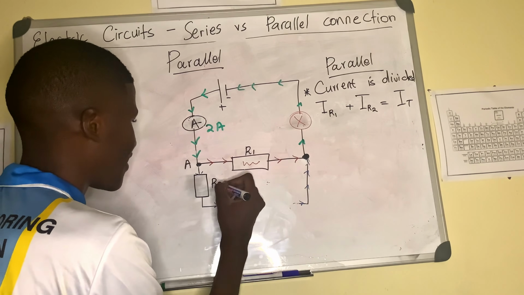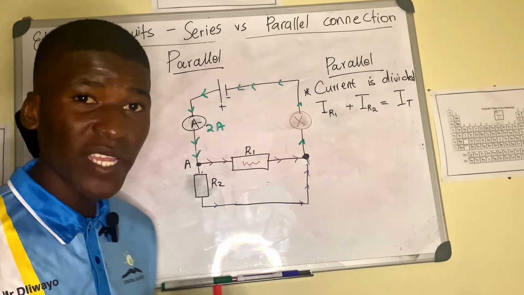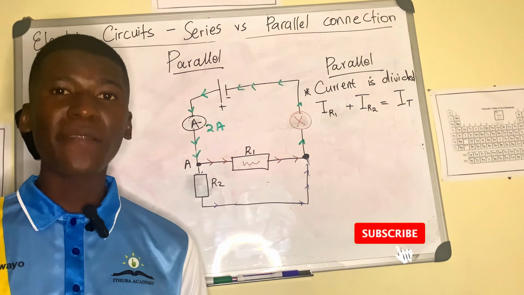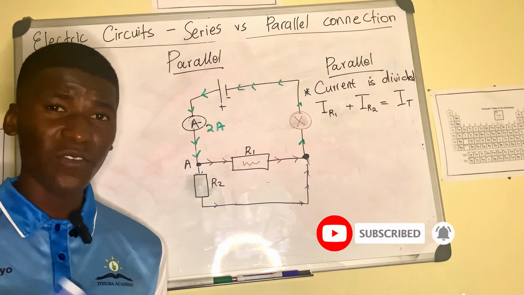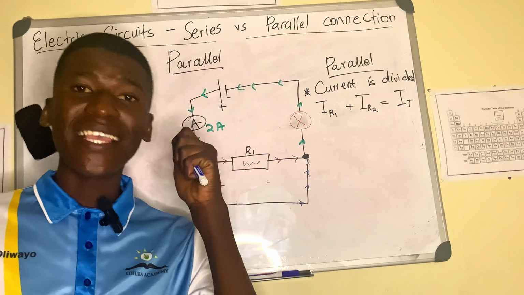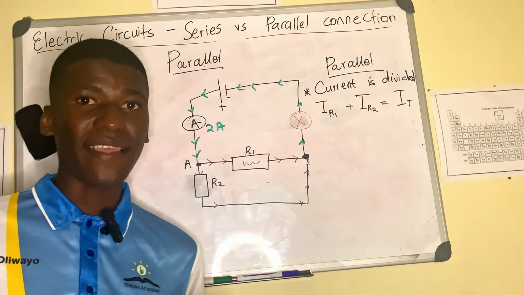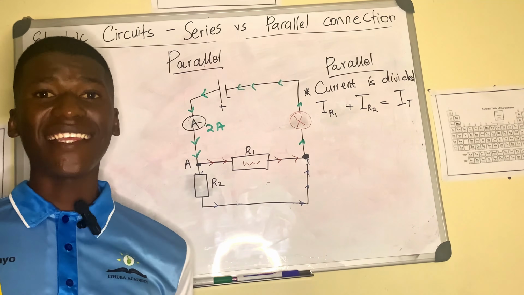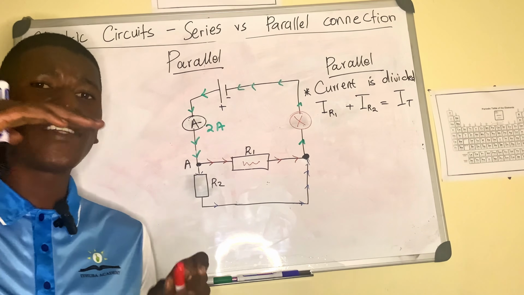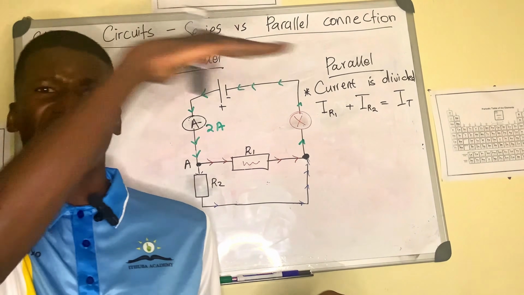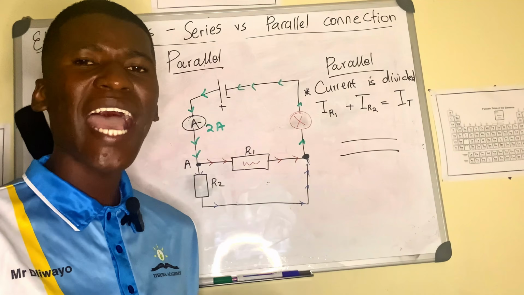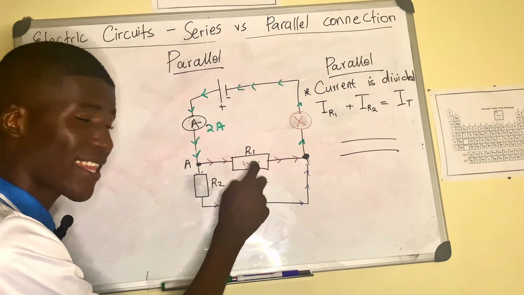and I say this is resistor R2, carefully look at what I've done here. This is resistor R1, this is resistor R2. Can you please tell me in the comments, do not be scared, just pause this video and tell me: are R1 and R2 in series or are they parallel to one another? Someone would say they are in series, and that's wrong. These are not in series, they are parallel to one another. Stop cramming that parallel means parallel lines like in maths, something like this. No, don't cram that. It's absolutely wrong. This R2 is parallel to R1.